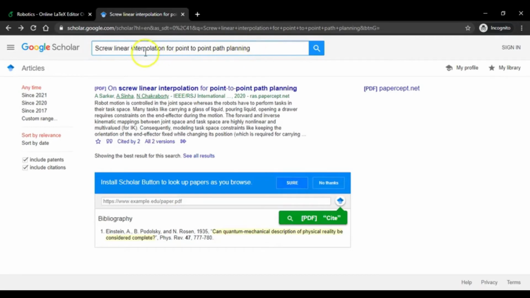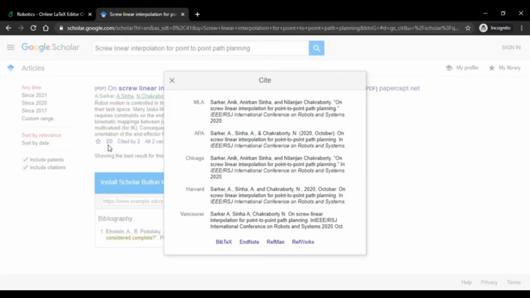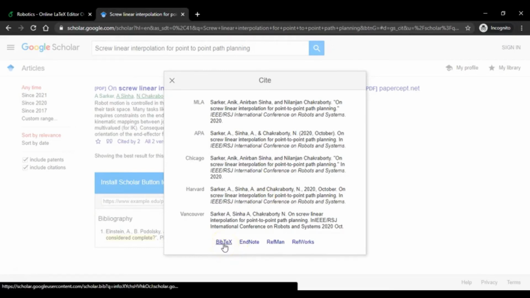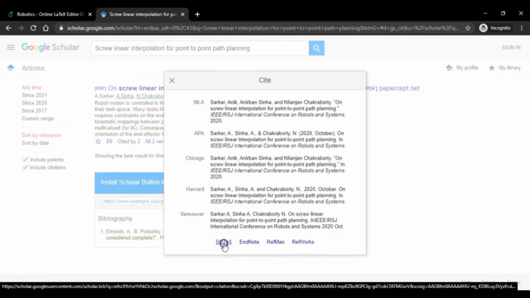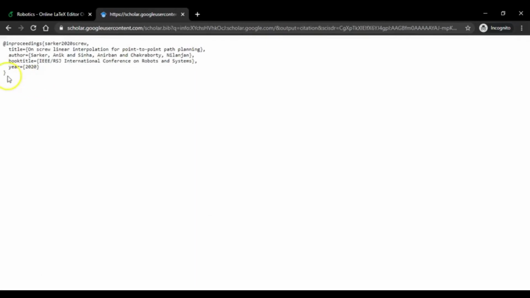in Google Scholar, and then you click on this icon, and this icon is where the citation detail of that paper is given. So that is what you need to cite the paper. So you then go here, you click on this entry BibTeX, and then you will be given this information here. So all you have to do is copy this